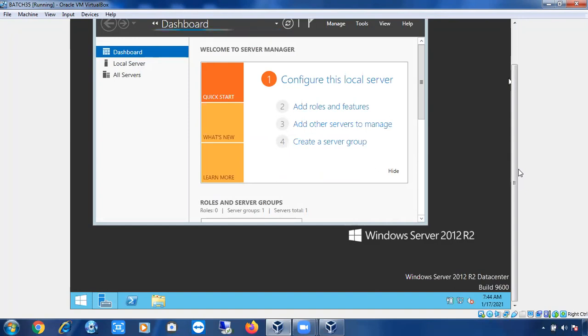Yes, we can connect, right? So are there any issues if I connect my 2017 instance using 2012 Management Studio?